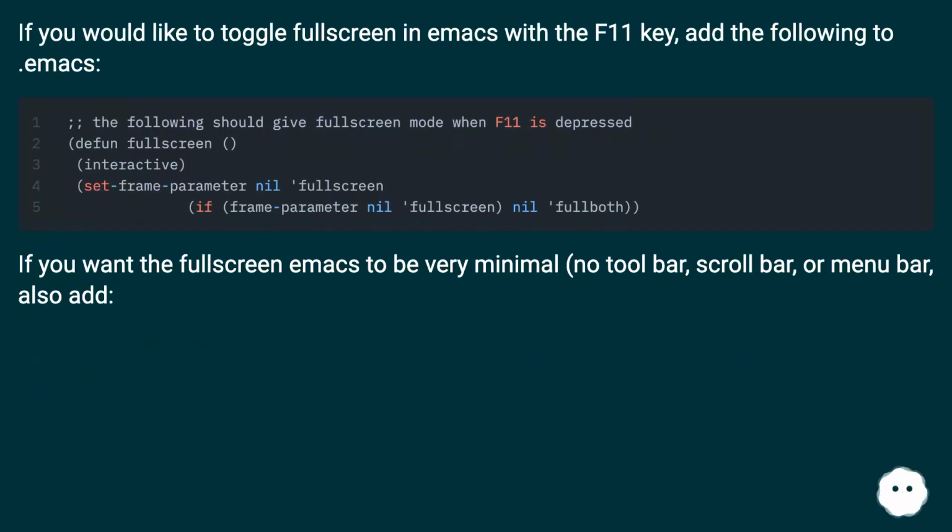If you would like to toggle full screen in Emacs with the F11 key, add the following to .emacs. If you want the full screen Emacs to be very minimal, no toolbar, scroll bar, or menu bar, also add: